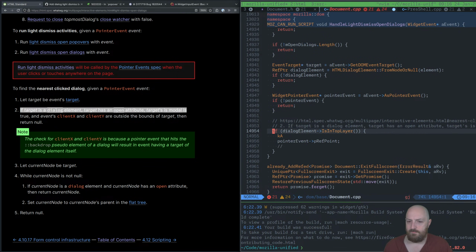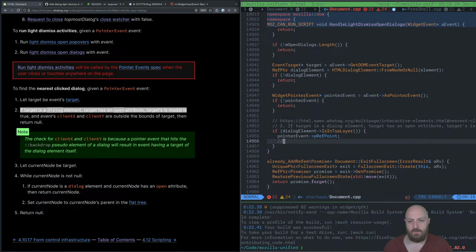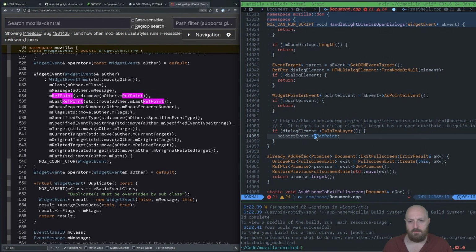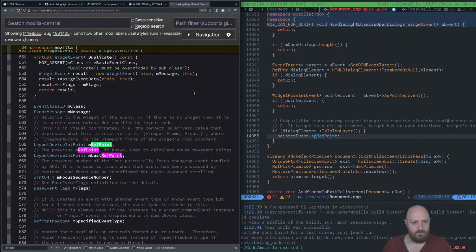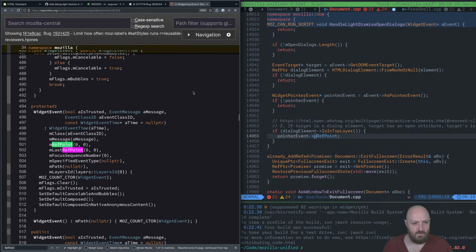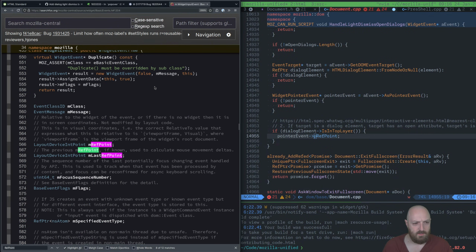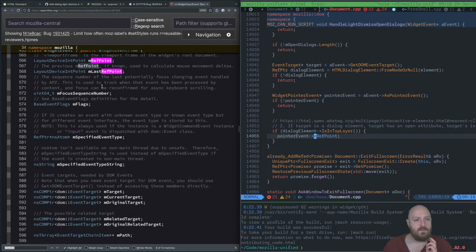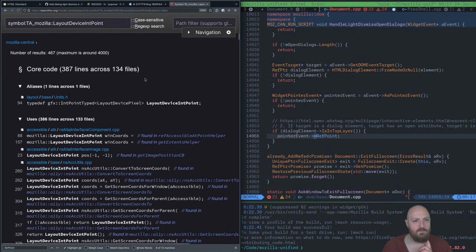True. We're going to get the ref point. I don't know why this is called the ref point. The mRefPoint. Doesn't look like it's a getter. In public? It's in public. The mRefPoint, and this gives us layout device input. From there,